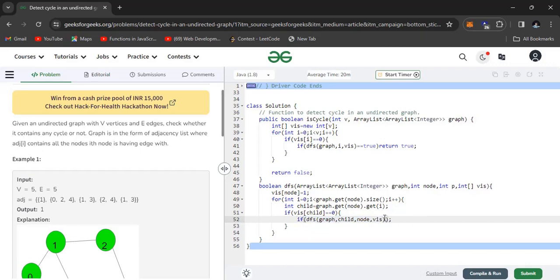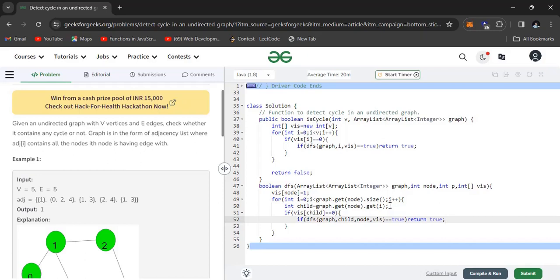If any child call returns true, that means we found a cycle, then we have to return true, okay. If the parent calls all its children and a child returns that there is a cycle present, then we have already found a cycle, so simply return true here.